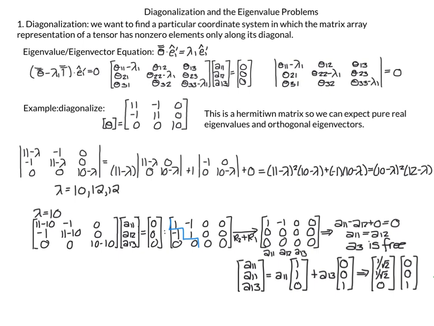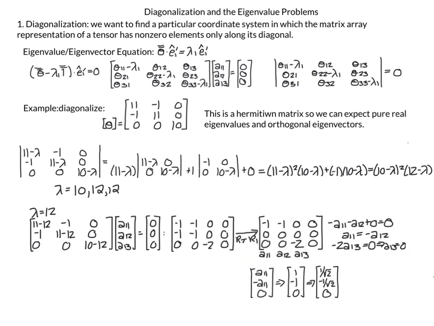It's already normalized. Now for lambda equals 12, plugging into my matrix equation, I get 11 minus 12, going down the row, I have minus 1, 0. Then I have minus 1, 11 minus 12, 0, 0, 0, 10 minus 12 times my A vector equals 0. My augmented matrix then is here: 11 minus 12 is minus 1, 1, 0, 0. The next row is minus 1, 11 minus 12 is minus 1, 0, 0. And then 0, 0, 10 minus 12 is minus 2, and 0. So to row reduce to get into echelon form,